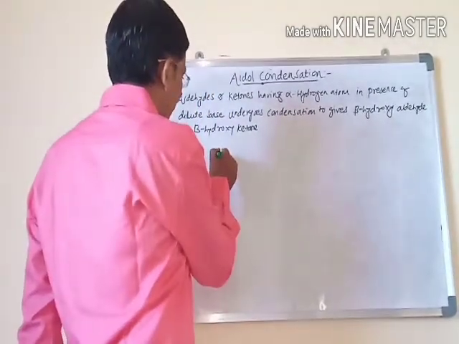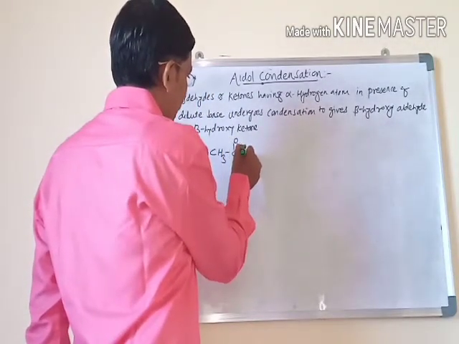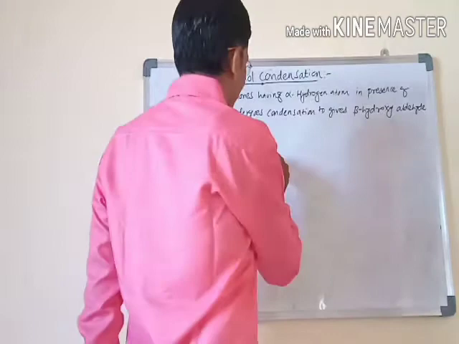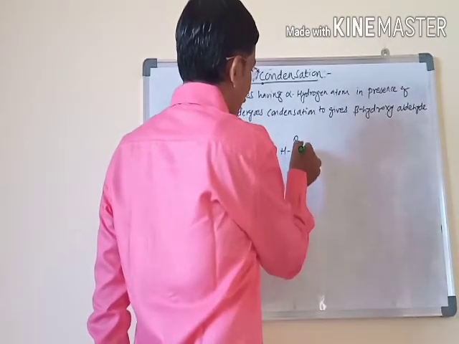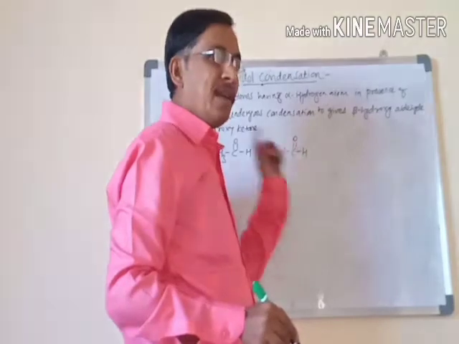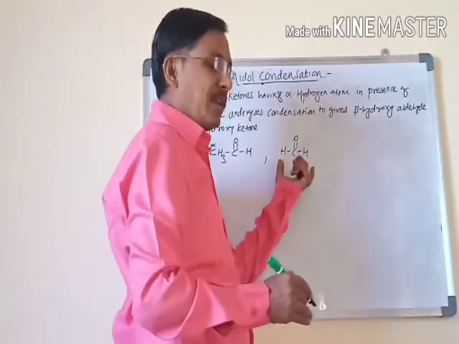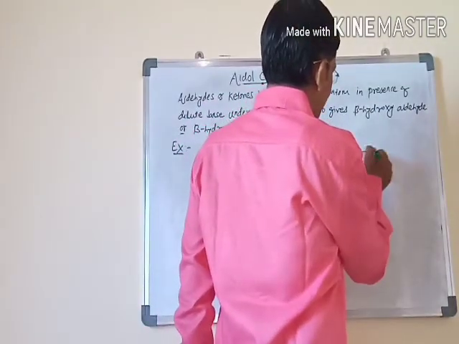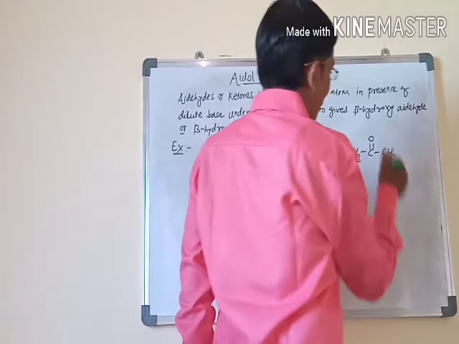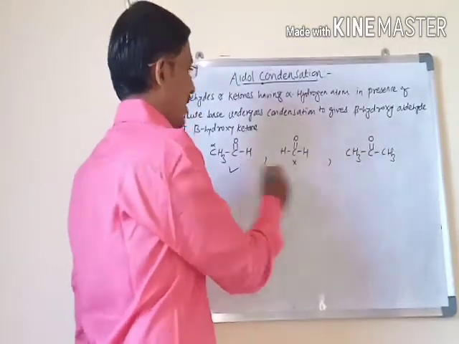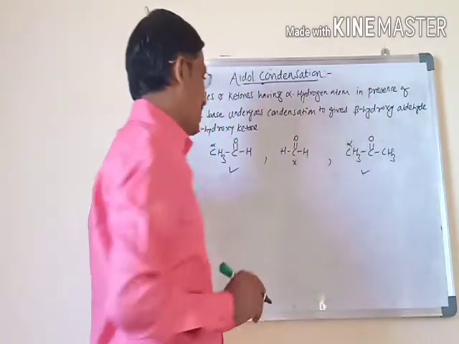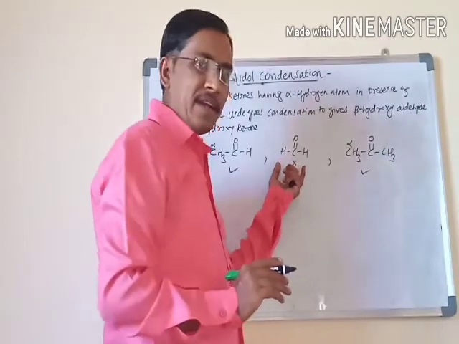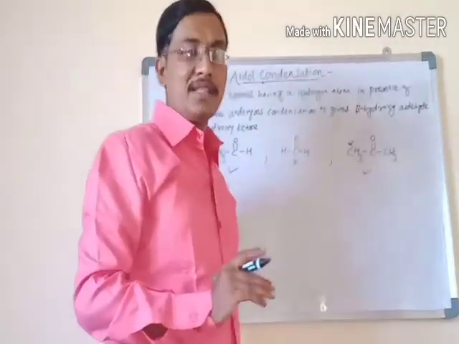If you take acetaldehyde, this is your functional group and this carbon is an alpha carbon having the alpha hydrogen atom. In HCHO there is no alpha carbon, no alpha hydrogen, so such compounds cannot undergo self-aldol condensation. Then CH3 C double bond O CH3, acetone. Acetaldehyde and acetone have the alpha carbon and alpha hydrogen, hence these two can undergo self-aldol as well as cross-aldol condensation, but formaldehyde itself does not undergo this aldol condensation reaction.